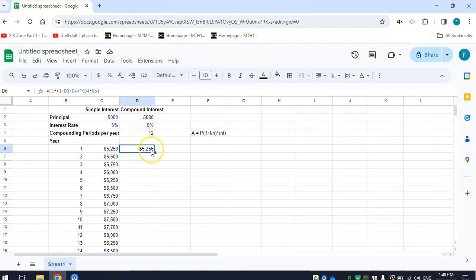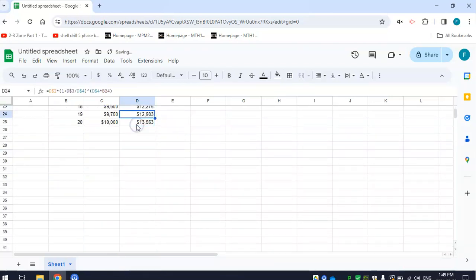Now again, as I drag down the formula, I want to lock a lot of these inputs. I always want to use the same principal, the same interest rate, the same number of periods, so I'm going to lock all of those addresses. So I'm always pulling from the second row or the third row or the fourth row. Again, I'm not going to lock the number of years because that's what's going to change in each formula. So now I'm going to drag that down,